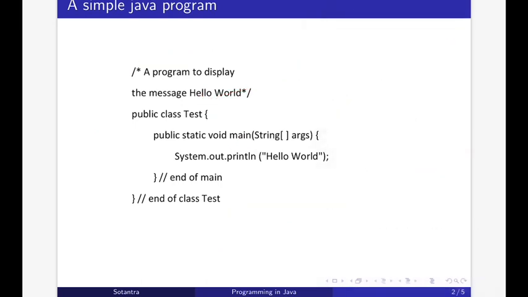Now let us give line numbers in the program for reference. So it is line number 1, 2, 3, 4, 5, 6 and 7. Remember that line numbers are not part of the program; we have given these line numbers for better understanding. Here you can see line numbers 1 and 2 represent comments.